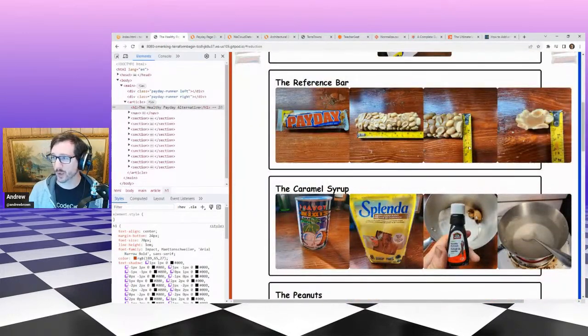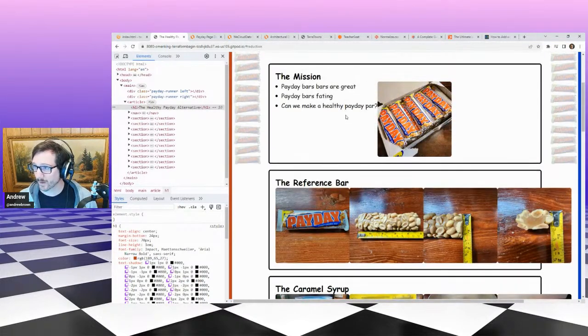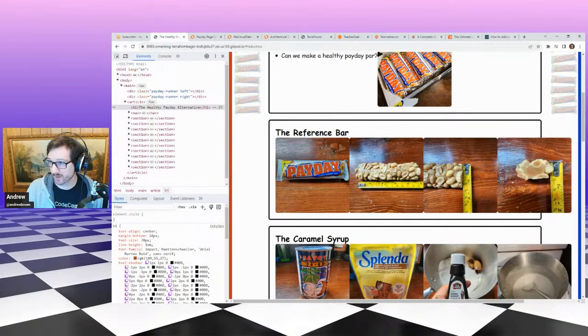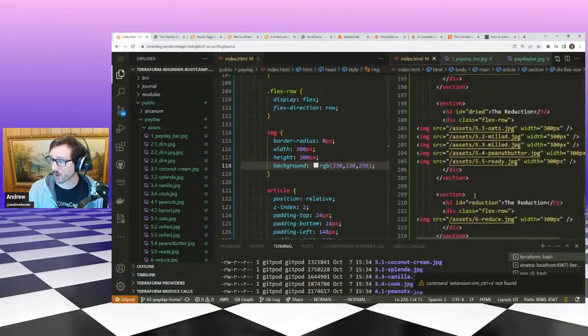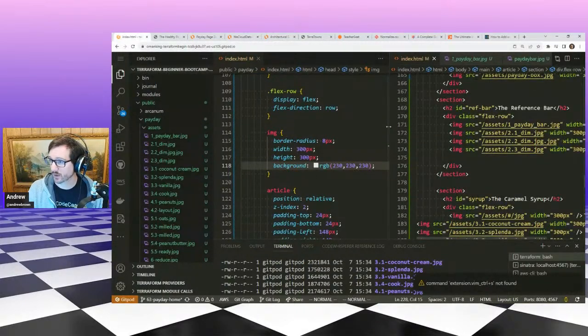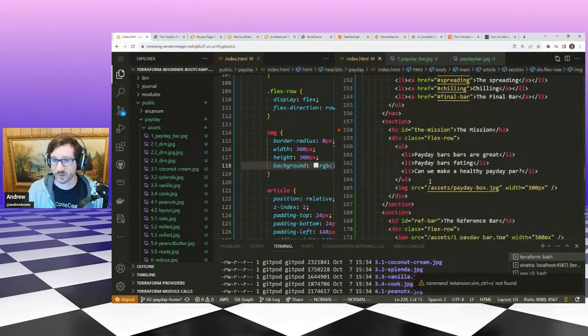It's flowing off the page, which is not what we exactly want to happen here. So maybe it's not a great idea to have these as a row here, this flex row. We want these to be flex row, I think that's a good idea, but maybe the text doesn't need to be in a flex row. So what I'm going to do is I'm going to go to the top here, and I'm going to go into